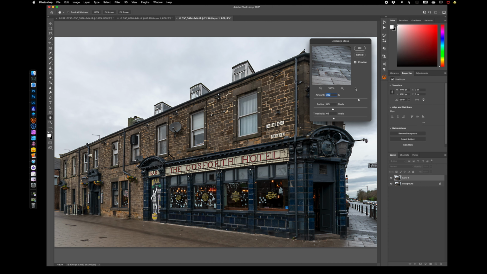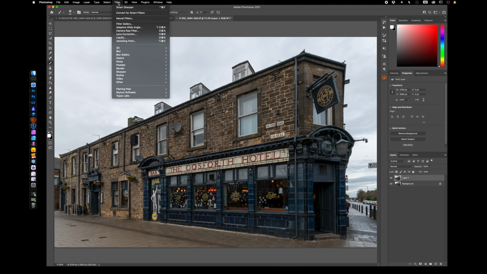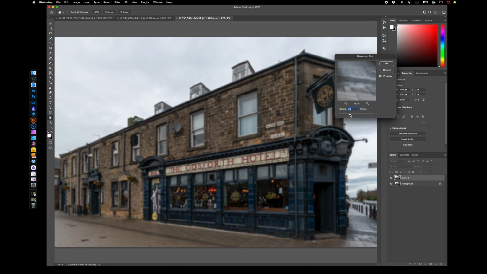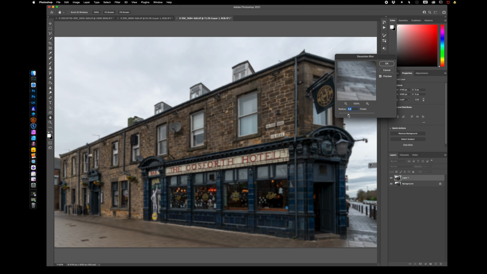It's called it because there used to be a technique in the analog days of trying to sharpen and identify where the edges are by introducing a blur. The blur helped you find the edges. So let's think about that for the moment. On this layer here, I'm going to go Filter, Blur, Gaussian Blur. And as you can see, it does exactly what you'd expect it to do. Now, if I blur this